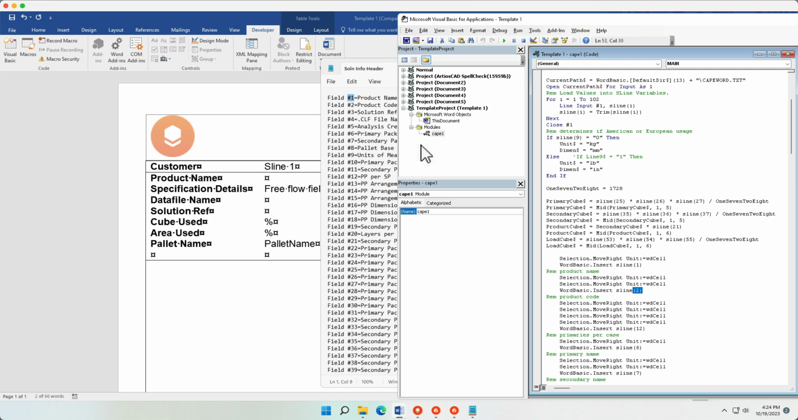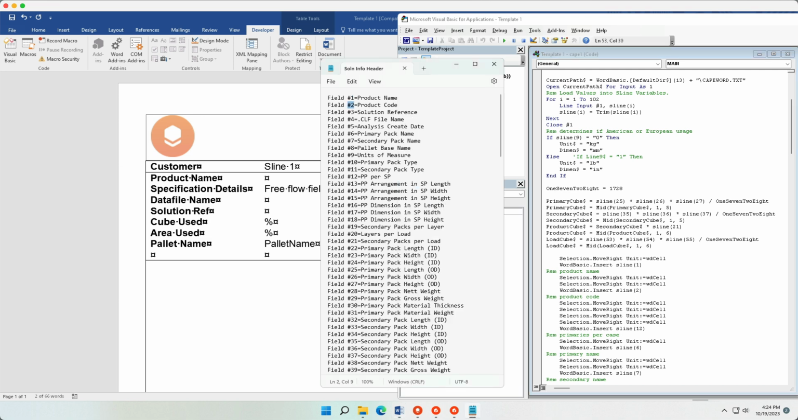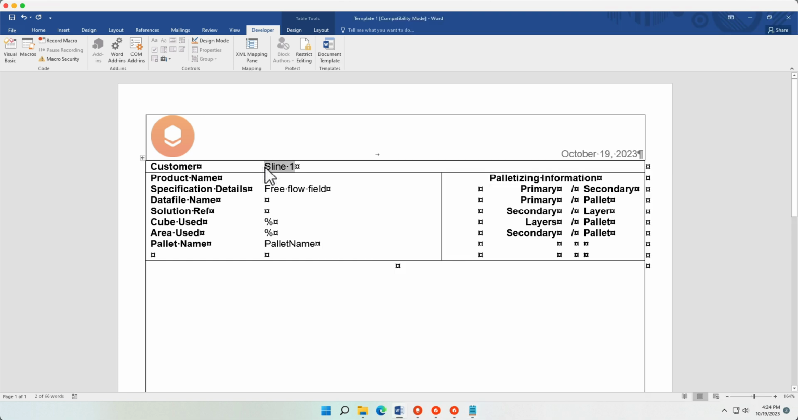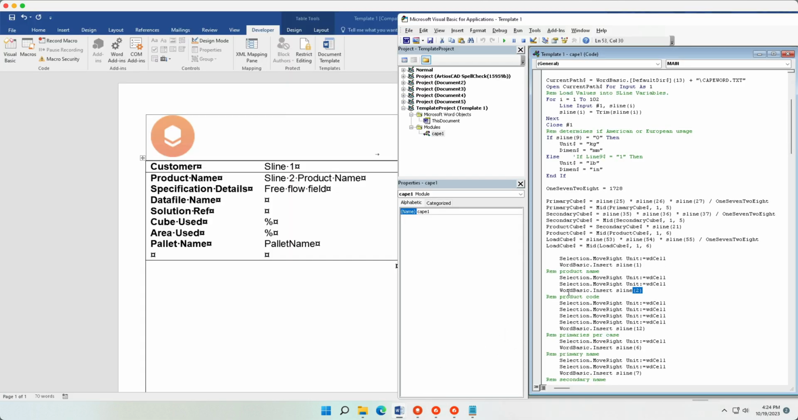So here you can see we move twice to the right, and then we insert parameter number 2, which is the product code. So if I place myself in there and then tab 2 times, this is where the second parameter will end up. So that is the mechanism by which we can indicate where we want the different parameters to end up in our